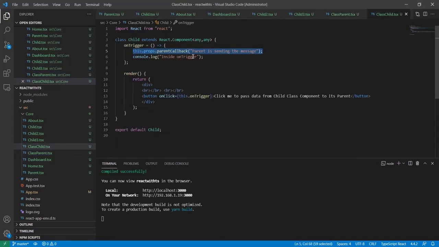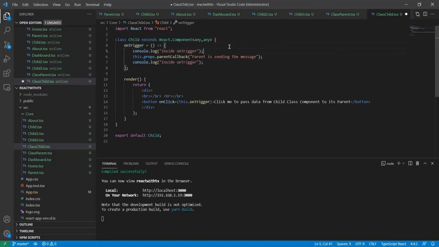Okay, and then it is printing this message at the last. So let me put this message. Okay, or let me copy the same message from here to here so we can understand properly. So before sending callback.